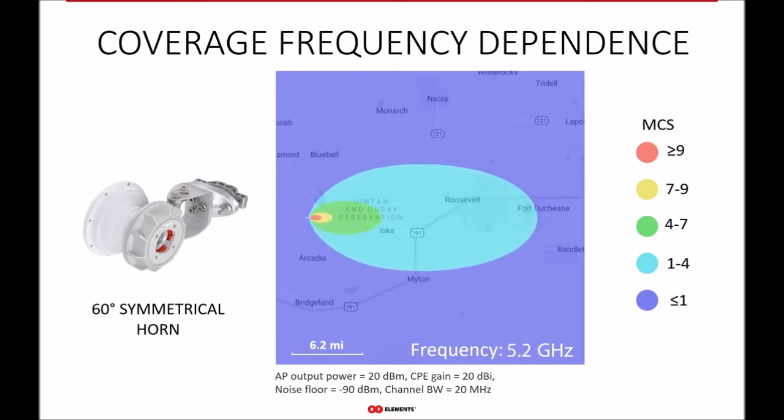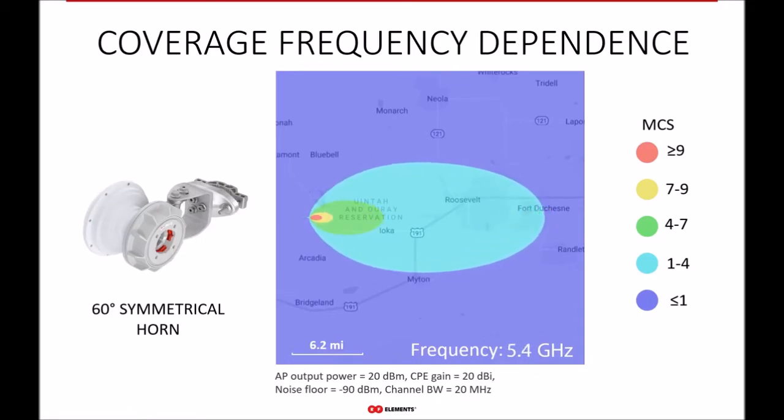So the red color corresponds to the modulation and coding scheme level of 9 and more. The yellow to 7, anything between 7 to 9, and so on. So you can see what coverage or what MCS rate you can get depending on the distance from the AP antenna. But the takeaway from this